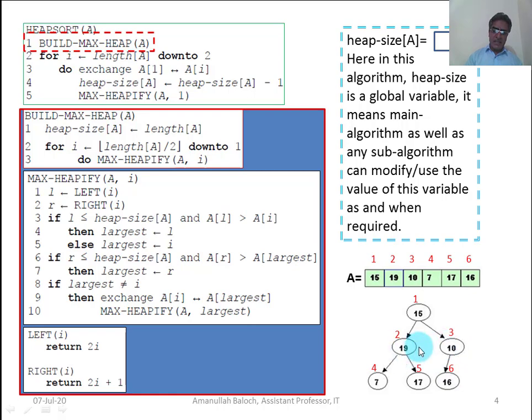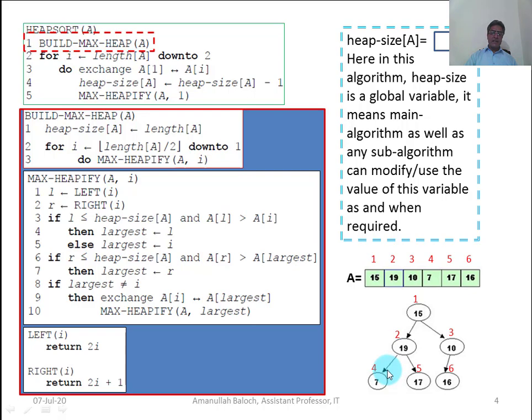That's why we check only the parents. If there is a 100-element array, we will check only 50 elements. The rest of the elements in the heap will be leaf nodes or child nodes.